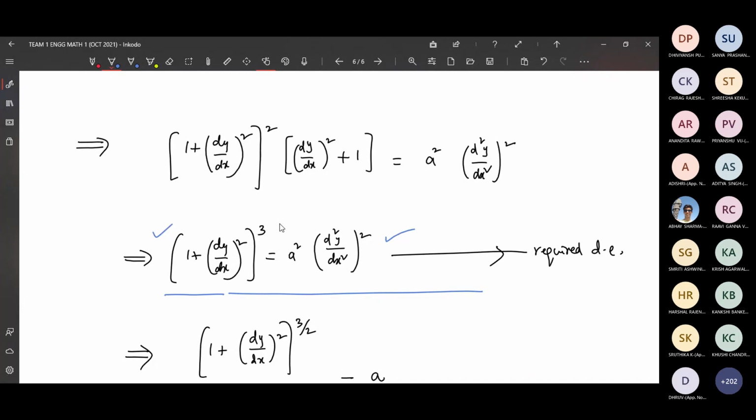Sir, suppose we take a shifted ellipse, which does not have its center at origin. Then can we use the same formula to find the radius of curvature? Radius of curvature is same for Cartesian curves. This is the formula. Okay, sir. Thank you, sir. But sometimes the parametric is much easier.